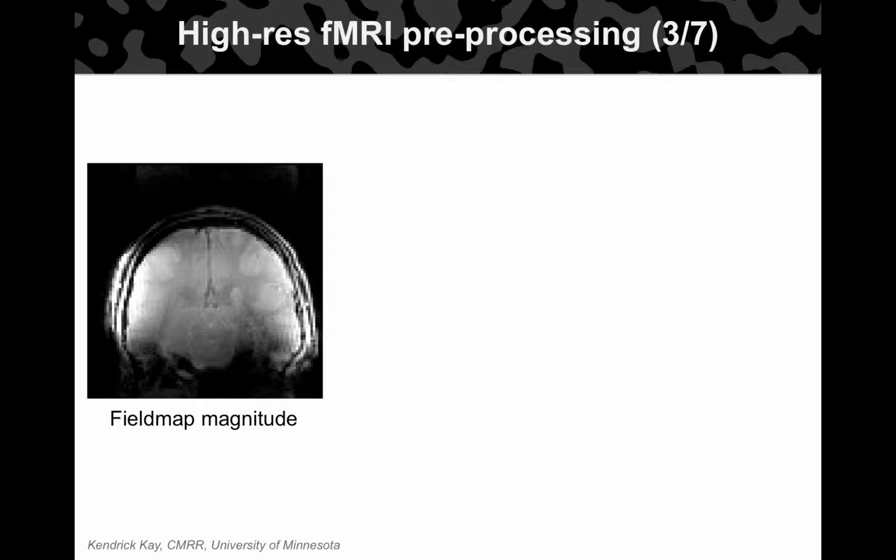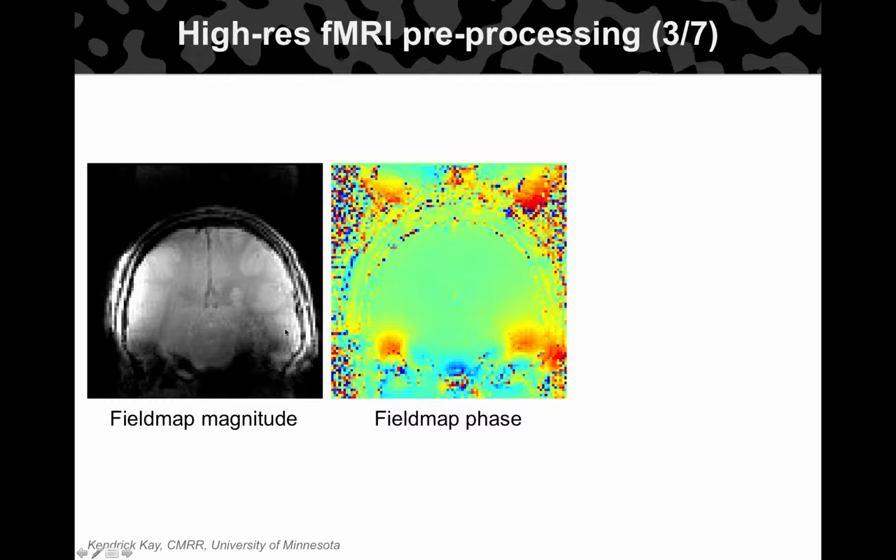Just a brief glimpse into the field map handling. Field maps are basically 2 separately acquired volumes differing in echo time, and you use the phase progression between these 2 echo time volumes to estimate the field strength. This is the magnitude, not the phase, of the field map scan, and here's the corresponding field map derived from the 2 different volumes, with pseudo color to represent the field offset.